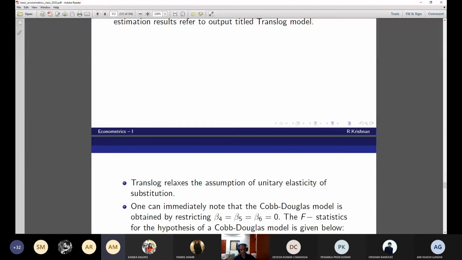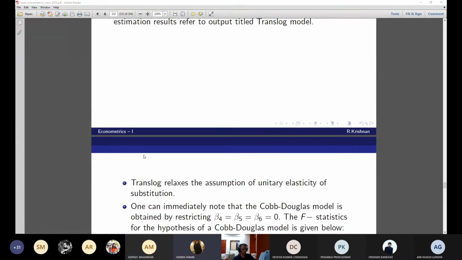Sir, in the earlier model, the log K log L model, here too, we cannot reject that it is constant returns to scale, right? No, we cannot reject. We can accept it. Yes, it cannot be rejected. Yes, sir, we cannot reject it because the significance is much greater than 0.05.